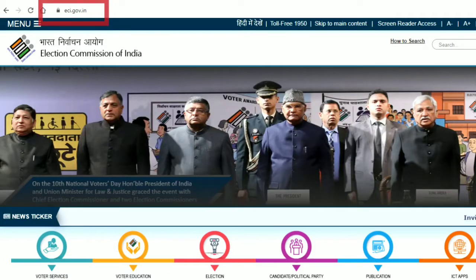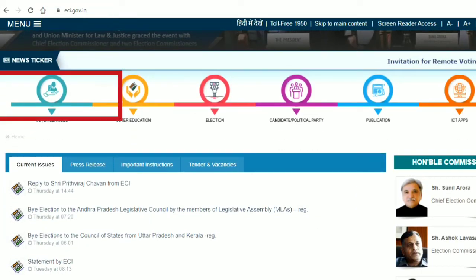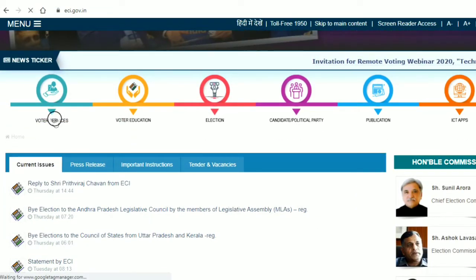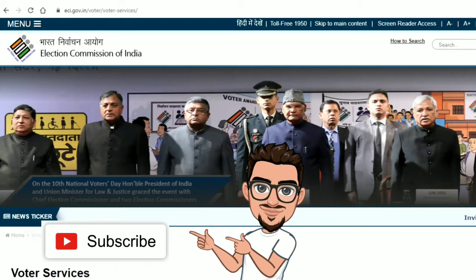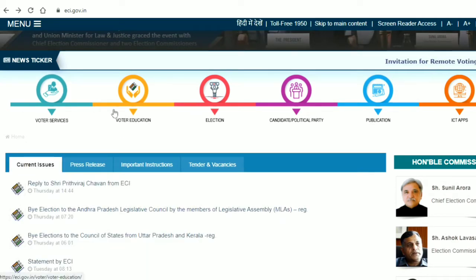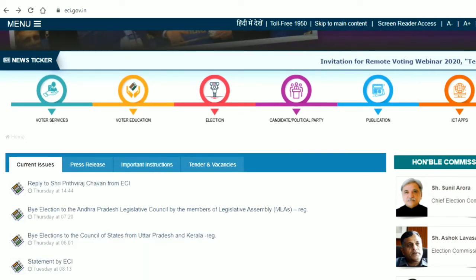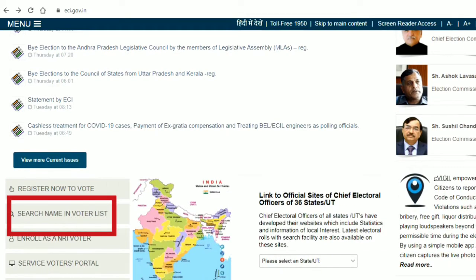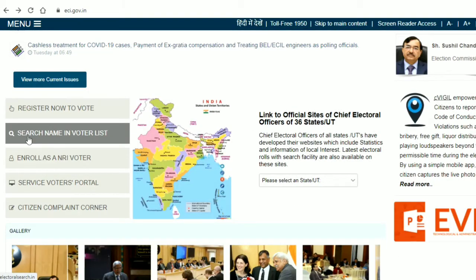Search for the services, something like voter services. I'm just clicking on voter services, and you can see various services provided by our government. You need to scroll down, and you can see something like "Search name in voter list". Before that, you need to click that search, and it will navigate to a specific page called